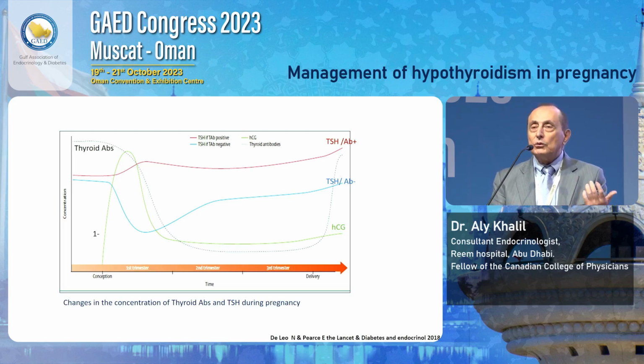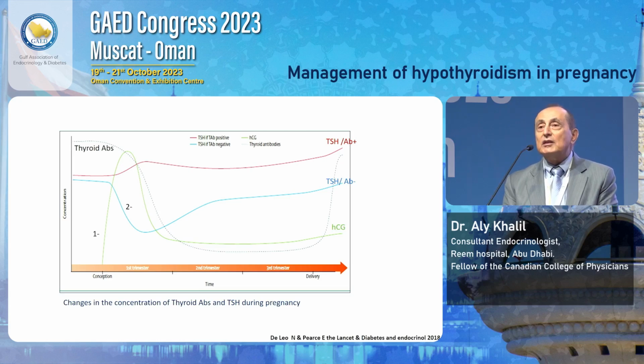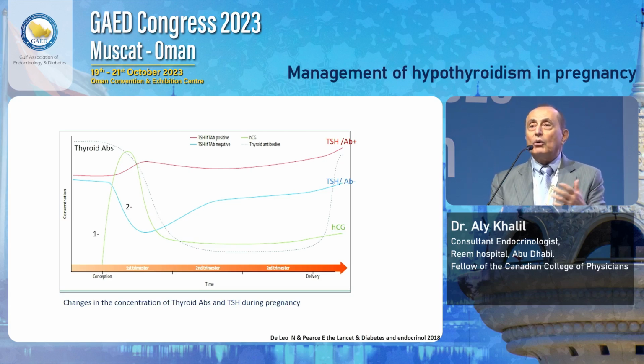prior to getting pregnant. Having said this, this has a certain relevance too: those who have thyroid antibodies seem to impose on the thyroid some kind of a burden, so the thyroid doesn't really react the same way as it should normally. So in this case, your TSH, as you have seen in the normal pregnancy, when there is a drop in the blue line, in those who have thyroid antibodies, in red, you see the TSH does not follow the same pattern as seen in the women who have negative thyroid antibodies. Having said this,